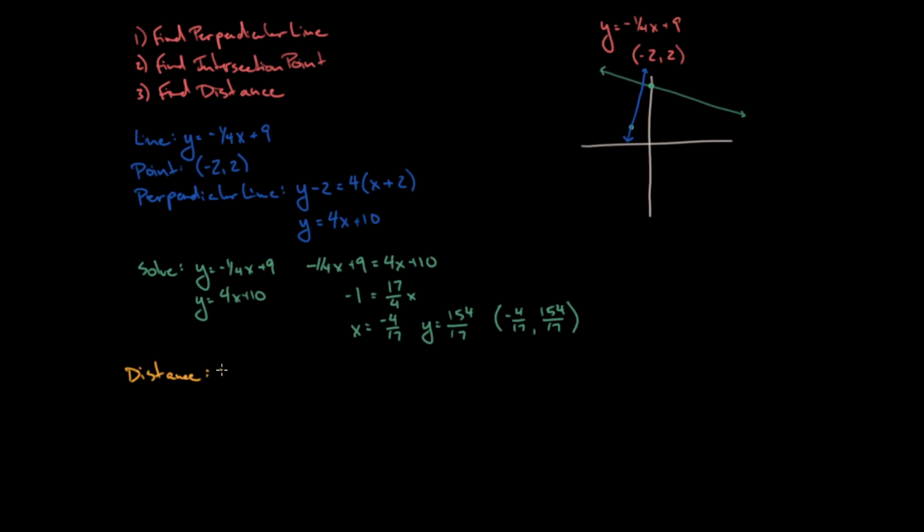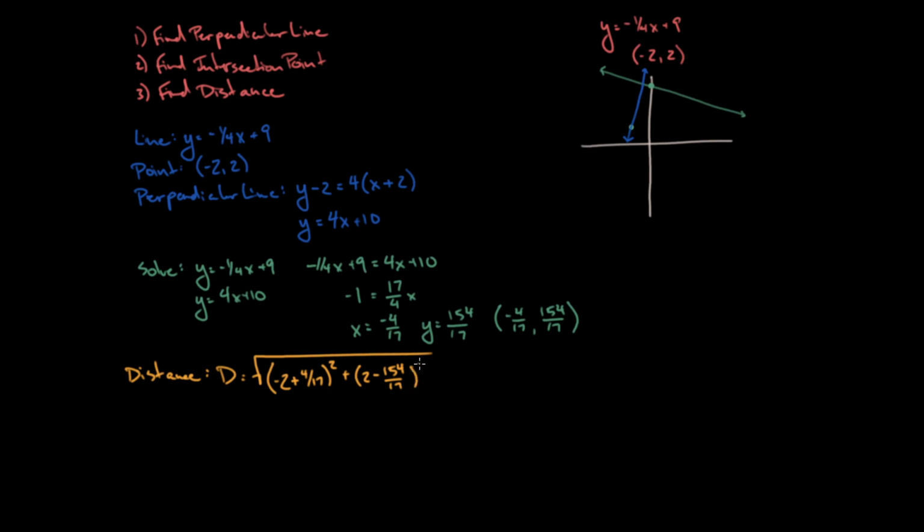It tells me that the distance is just equal to the square root of the change in my x value, so negative 2 minus negative 4/17, squared, plus 2 minus